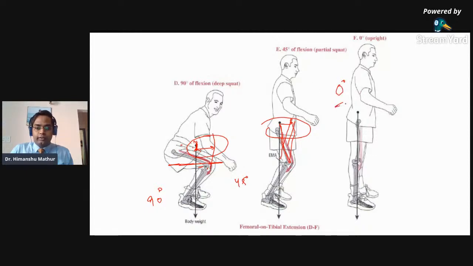is 0 degree, okay, complete standing upright position, okay. So we have greater external momentum between 90 degree and 45 degree. You can see that यहाँ पे मोमेंटम ज्यादा है, यहाँ पे भी मोमेंटम ज्यादा है, लेकिन यहाँ से यहाँ के बीच में मोमेंटम काफी कम हो रहा है। एक्सटर्नल मोमेंटम जो है वो यहाँ से यहाँ के बीच में रिड्यूस हो रहा है। तो अगर सेम चीज में यहाँ से यहाँ, मतलब अगर मैं किसी ऑस्टियोआर्थराइटिस के पेशेंट को हाफ स्क्वाट करा रहा हूँ, हाफ स्क्वाट से जब पेशेंट वापस ऊपर आ रहा है तो हमेशा एक्सटर्नल मोमेंटम की डिमांड्स ज्यादा होती हैं।